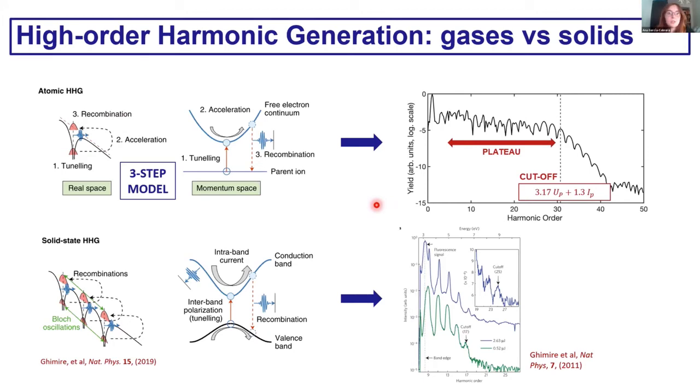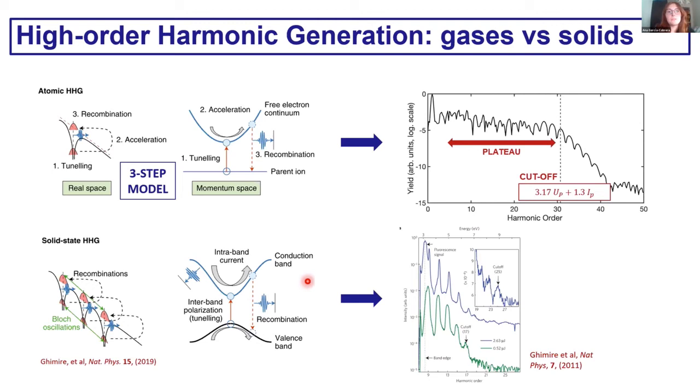HHG in atomic and molecular gases has provided great results. However, the required setup is still quite complex. This, together with the desire of getting higher efficiencies, has triggered an increasing interest in driving HHG in solids. This mechanism in solids is usually better understood in the reciprocal space. The emitted radiation in this case has two contributions: interband transitions and intraband transitions.